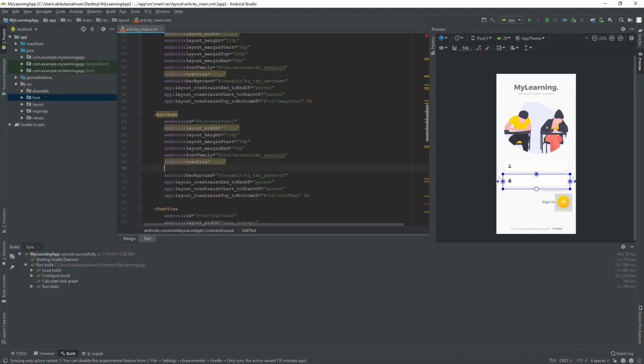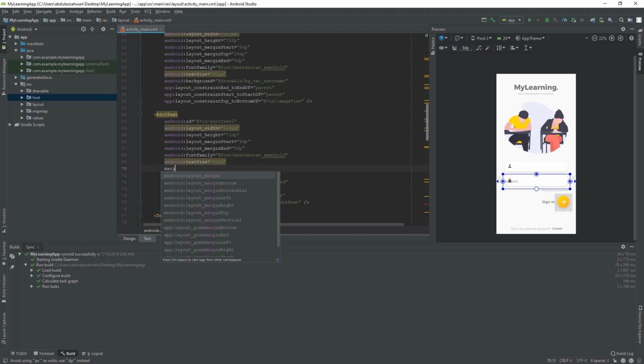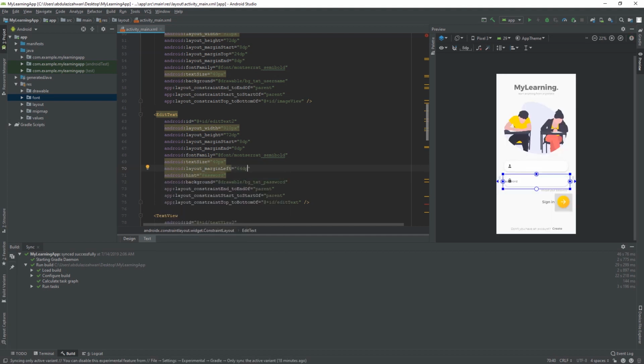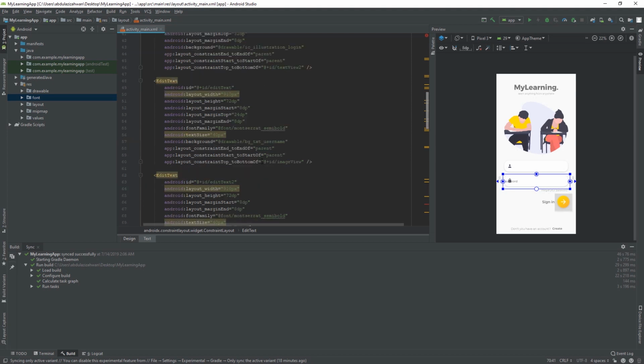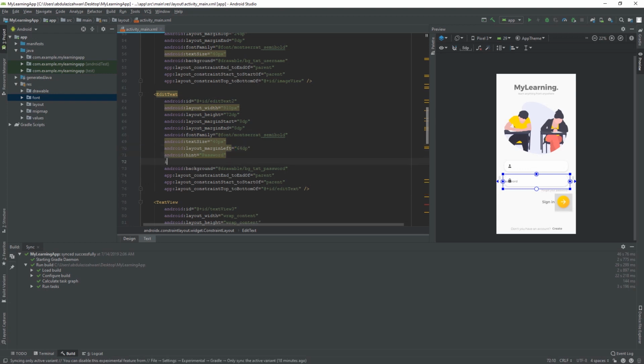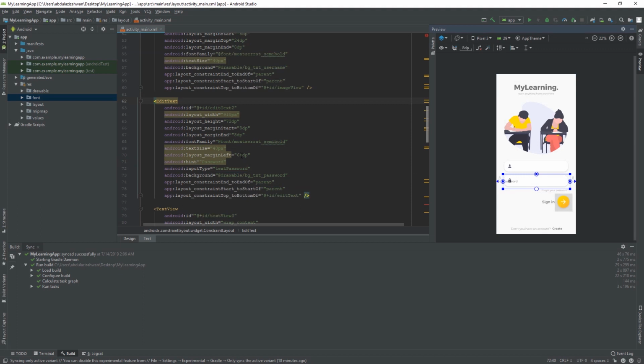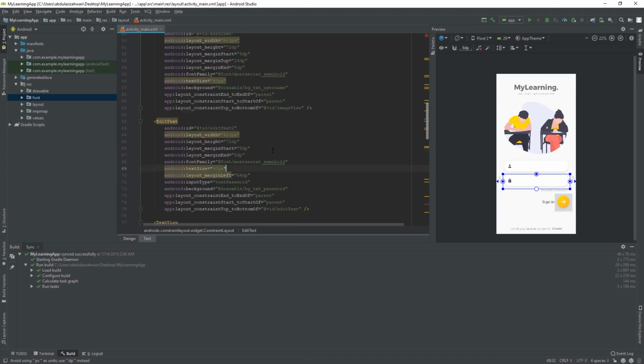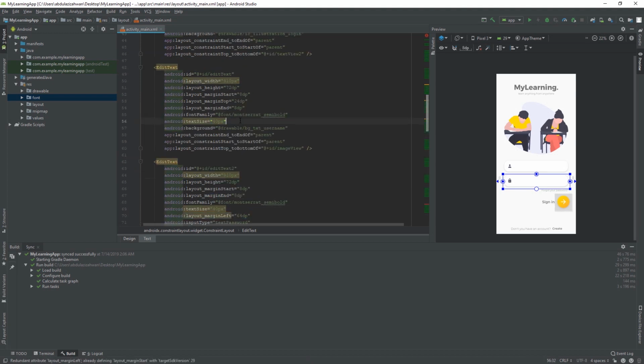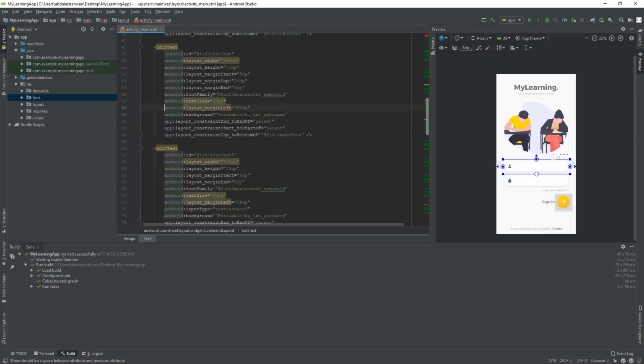And then we need to, and for the margin left, set it to, okay, and input type password. Okay,